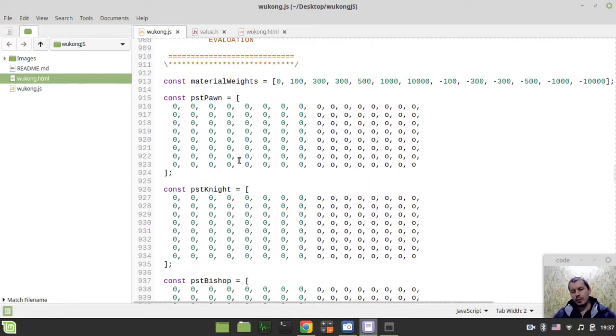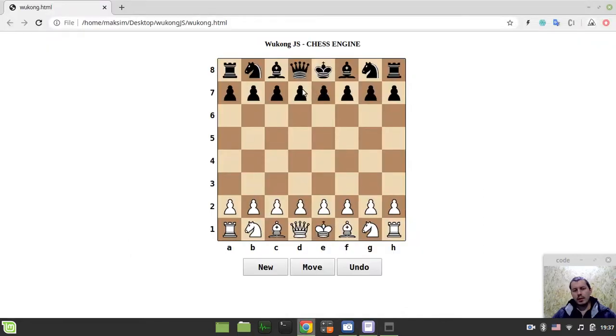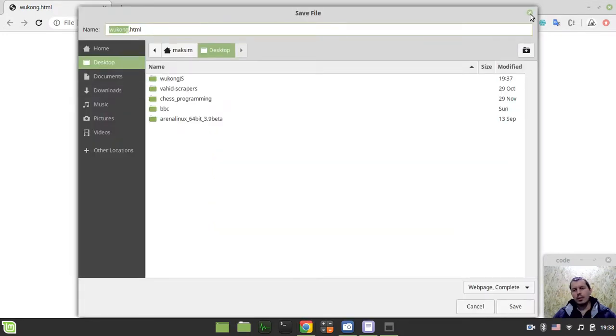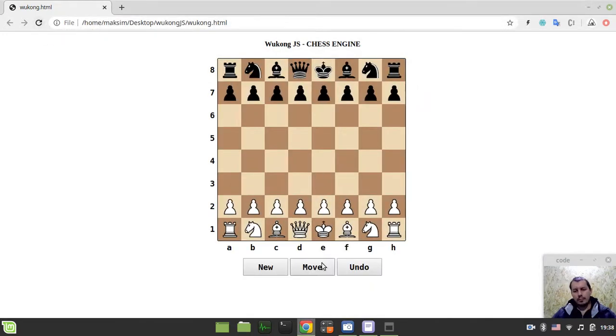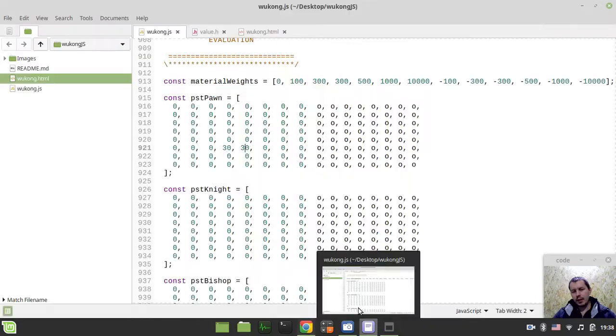So just to give you an idea, if we have these two values equal to, let's say, 30, it would be trying to advance pawns to e2, e3, d3, and respectively d6, d7, e7, e6. So let me just demonstrate this. Okay, hold on a sec. Yeah, this is it. So you see, now it's advancing these pawns because we have these values,